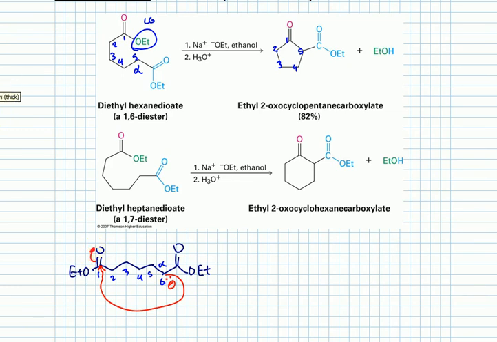We'll end up with the 1, 2, 3, 4, 5, 6. So on carbon 1 will be O minus and OEt, right? On carbon 6, attached outside of it is C double bond O, OEt, right? So what happens, the alkoxide intermediate comes down, kicks off ethoxide, the leaving group, and we end up with the beta keto ester,